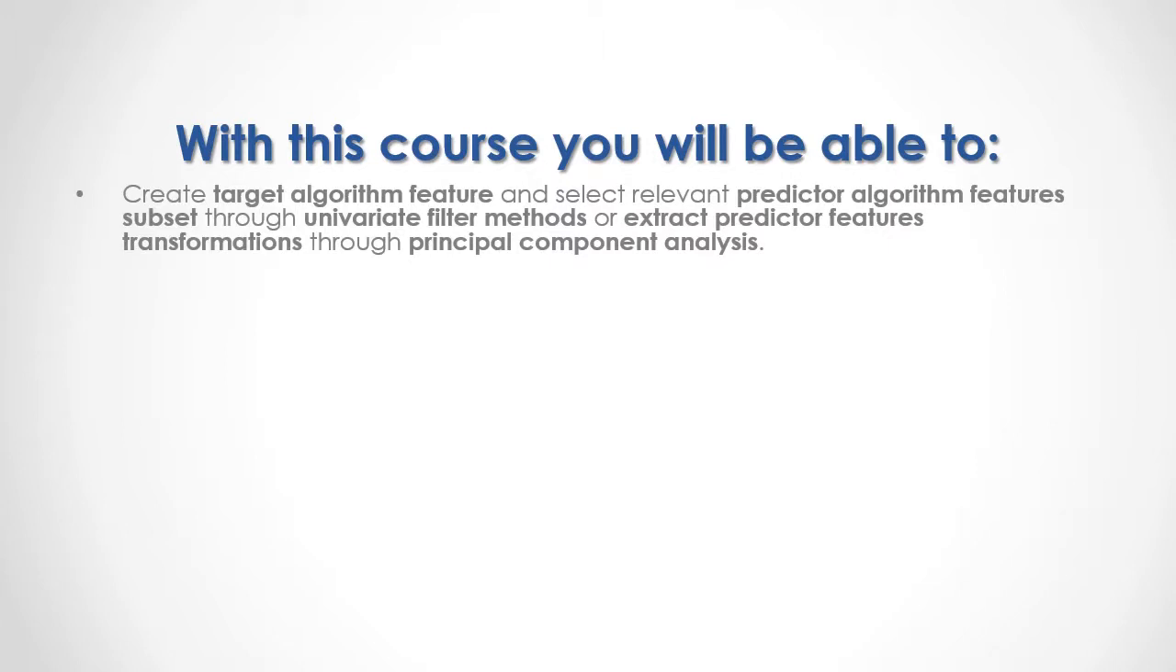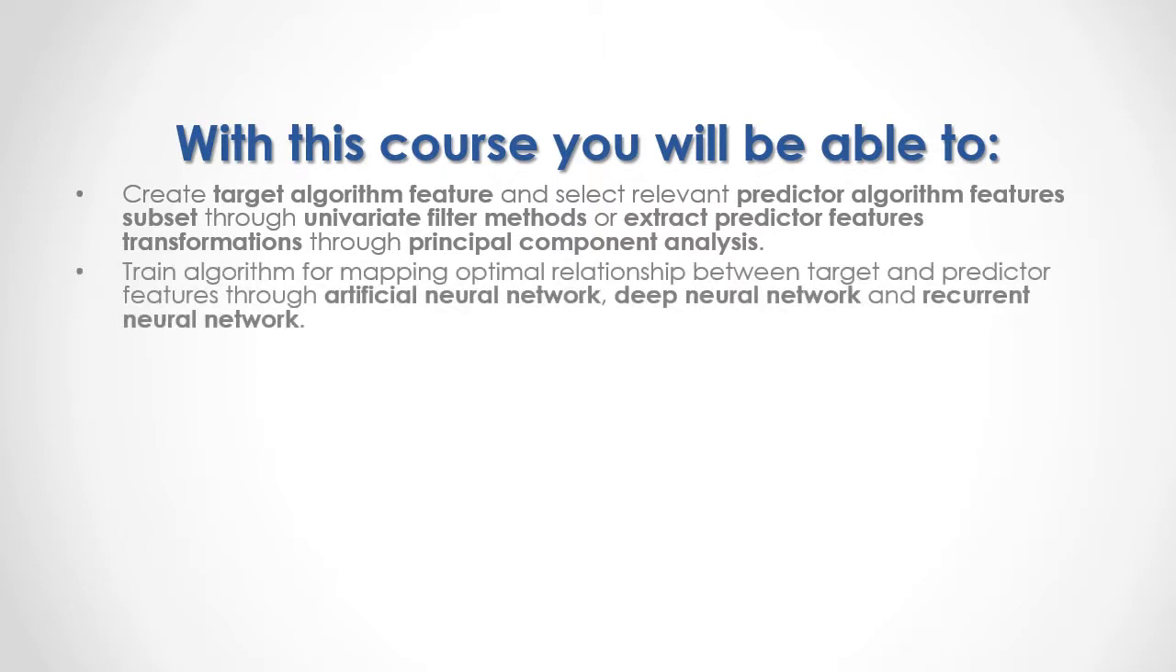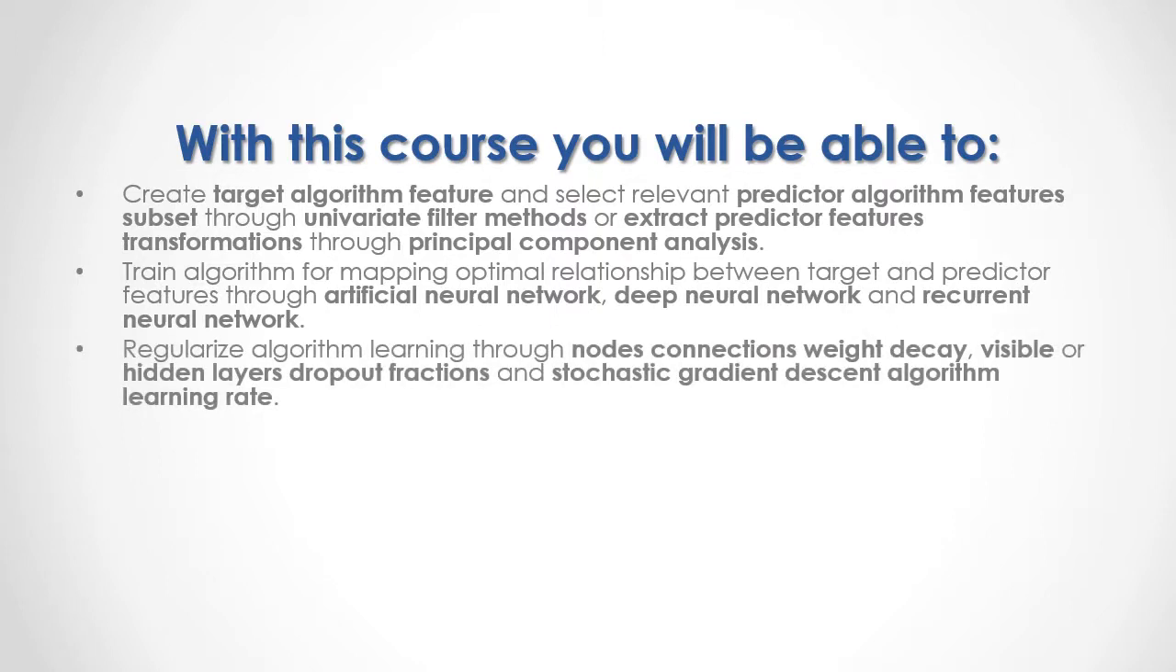At the end of this course, you will be able to create target algorithm features and select relevant predictor algorithm feature subsets through univariate filter methods, or extract predictor feature transformations through principal component analysis. Train algorithms for mapping the optimal relationship between target and predictor features through artificial neural network, deep neural network, and recurrent neural network. Regularize algorithm learning through node connection weight decay, visible or hidden layers dropout fractions, and stochastic gradient descent